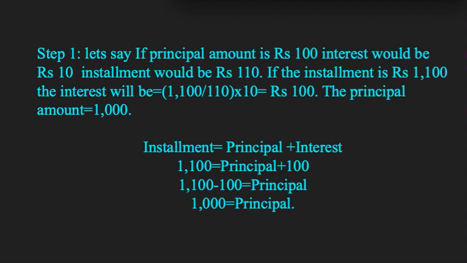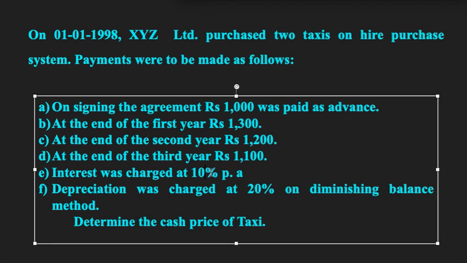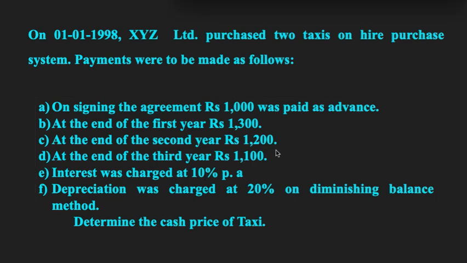31st/12/1999, right? Now when we talk about the second installment, which is paid at the end of the second year, how much is it? It is 1200, that is 1200 installment along with the outstanding balance, how much is that balance? It is 1000. So the gross amount will be 1200 plus 1000, that is how much? It is 2200, and this 2200 will include the interest of 1 year at the rate of 10%, right? Fine. So 2200 is the total gross amount.